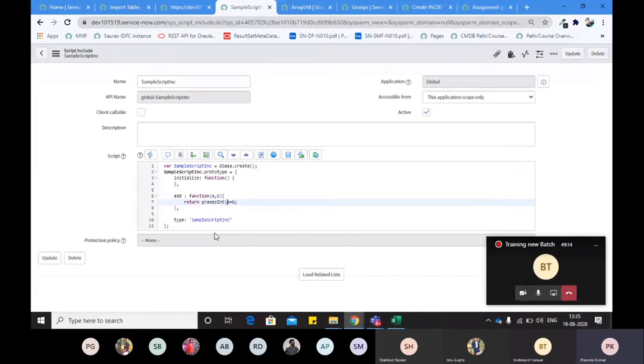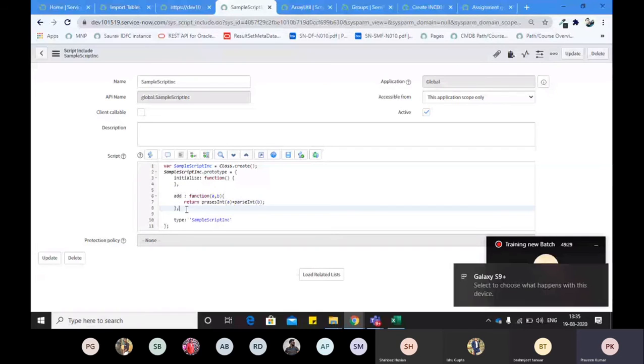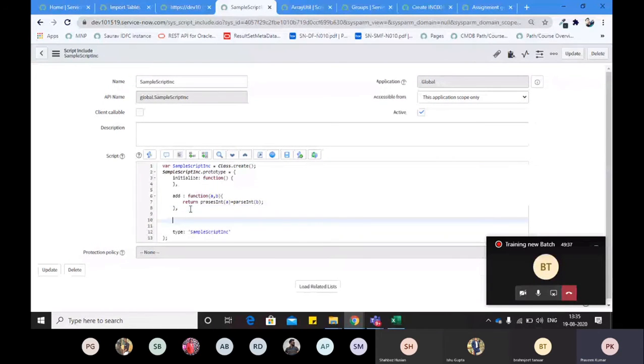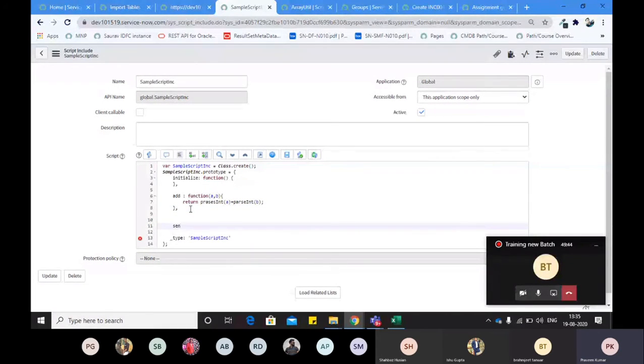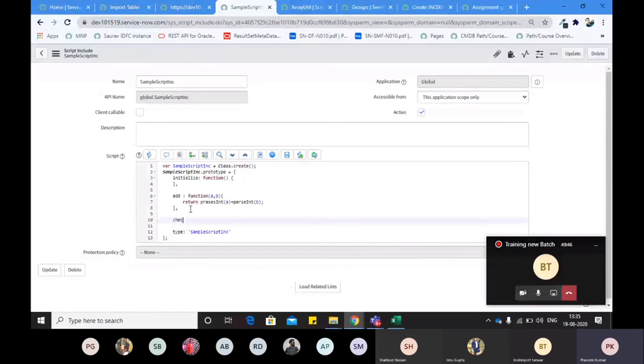Now consider that there is a particular method, and that method contains common code. For example, the common code could be check my child. So you create a common function for that.